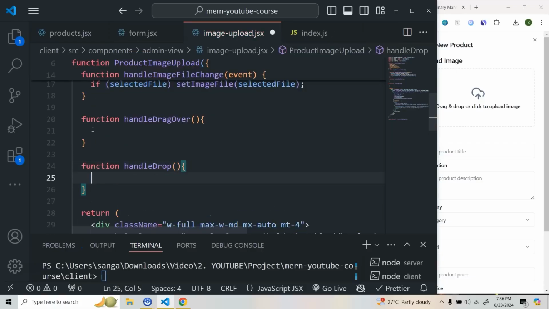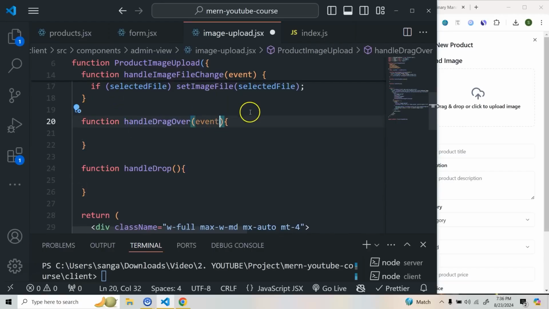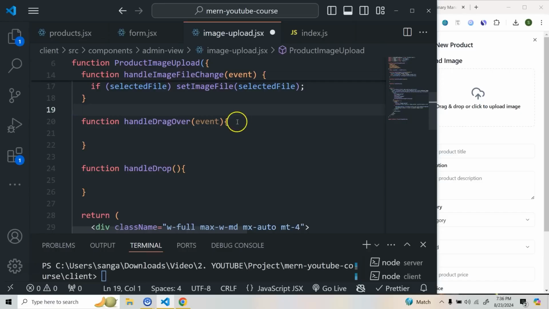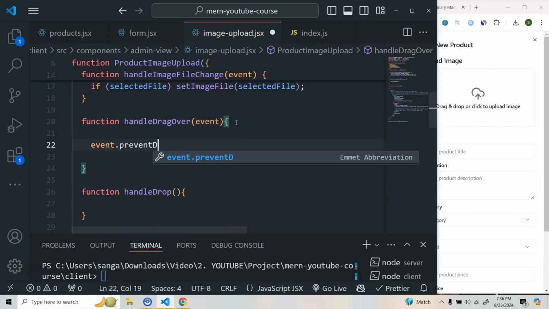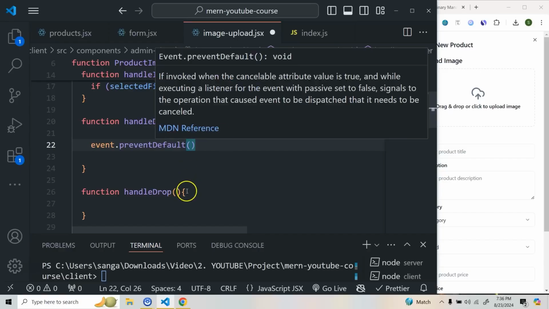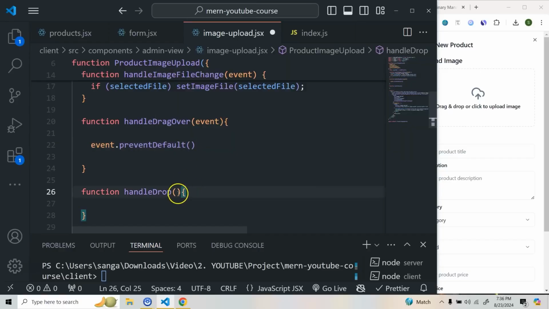Okay, so what we need to do, when the user does drag over, this will give us an event, and then we'll simply do event dot prevent default here. And when the user drops that file or image, again first thing we need to prevent it,